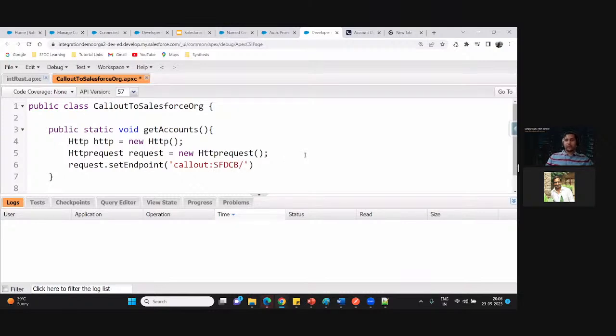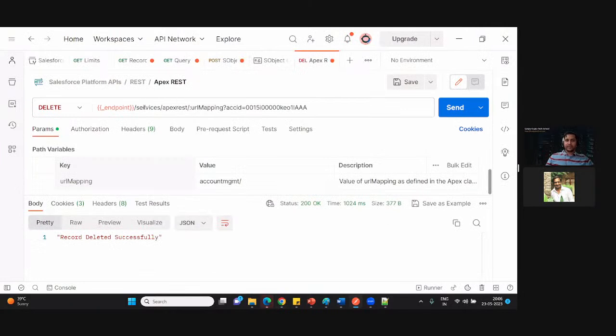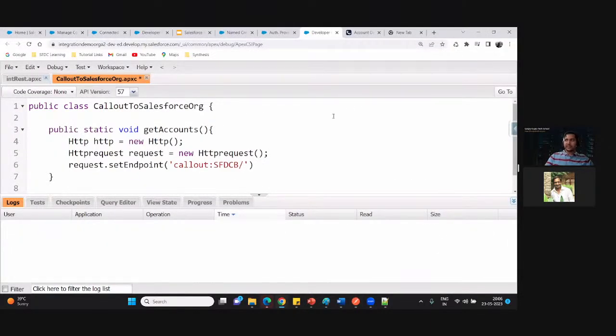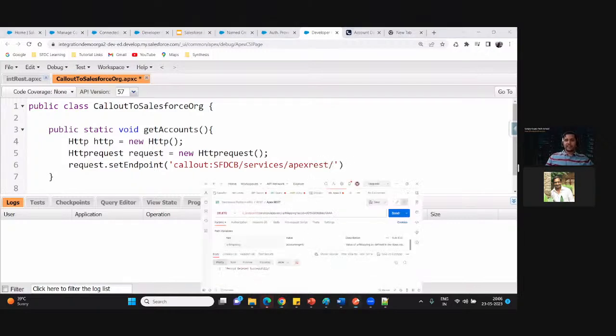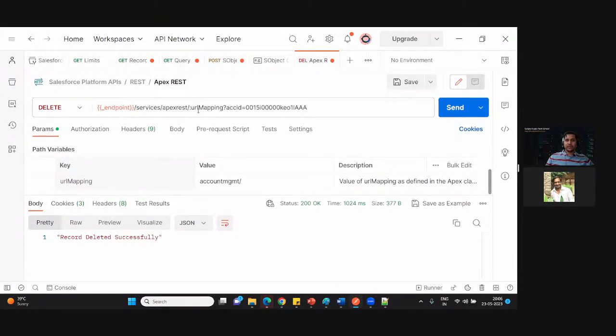Next thing that we have to specify, like we have done yesterday, is the /services, followed by /apexrest. So here I put /services/apexrest. Next, again like the way we have done in Postman, we have to specify the URL mapping.